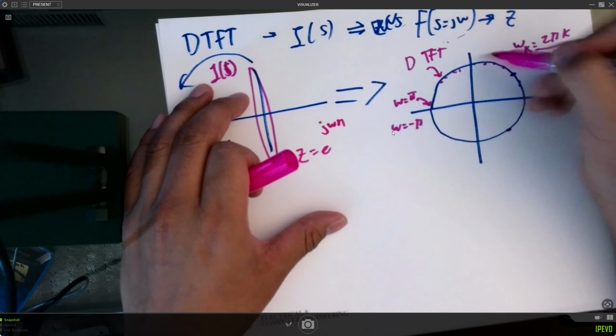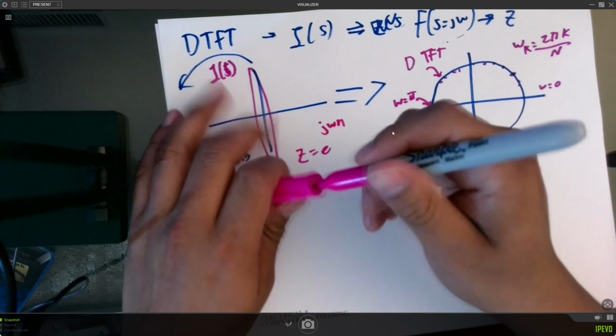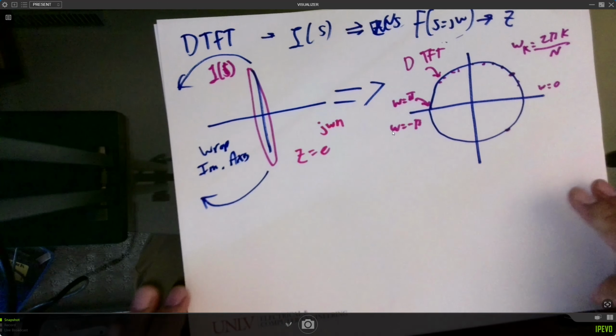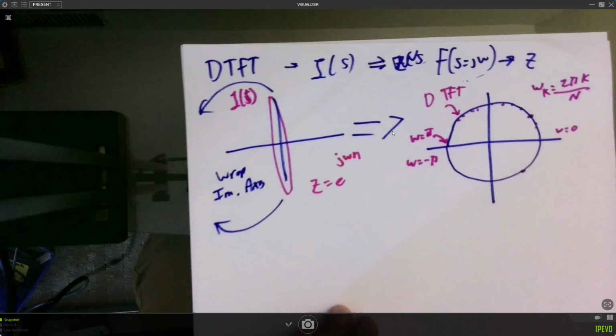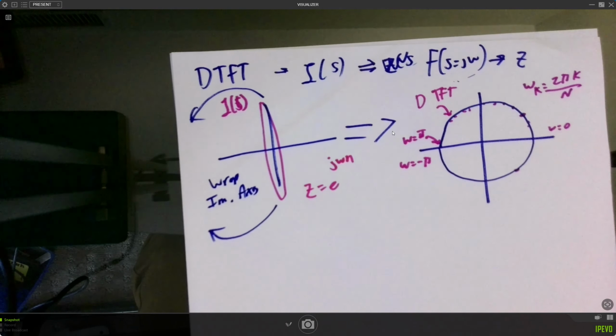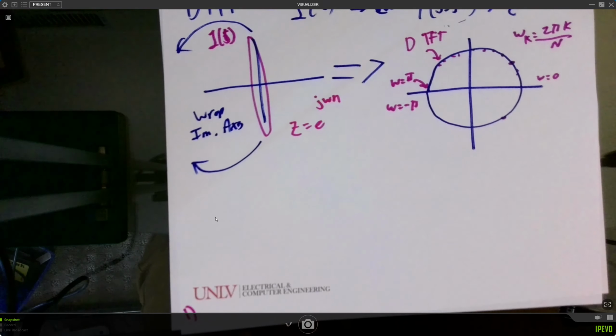You can punch this in, do your Z transforms, and you can get the same thing with the Fourier transform. So now that I got that established, you're probably saying, hey David, what do we do now? So the next thing I want to do,